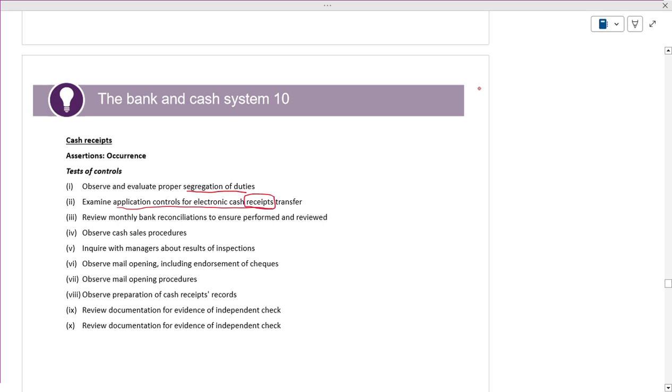The most important thing is the monthly bank reconciliation. It has to be performed, it has to be prepared, it has to be reviewed. Observe how cash sales procedures are working. Very specifically, you take the cash at the bank level, or you take the cash at the